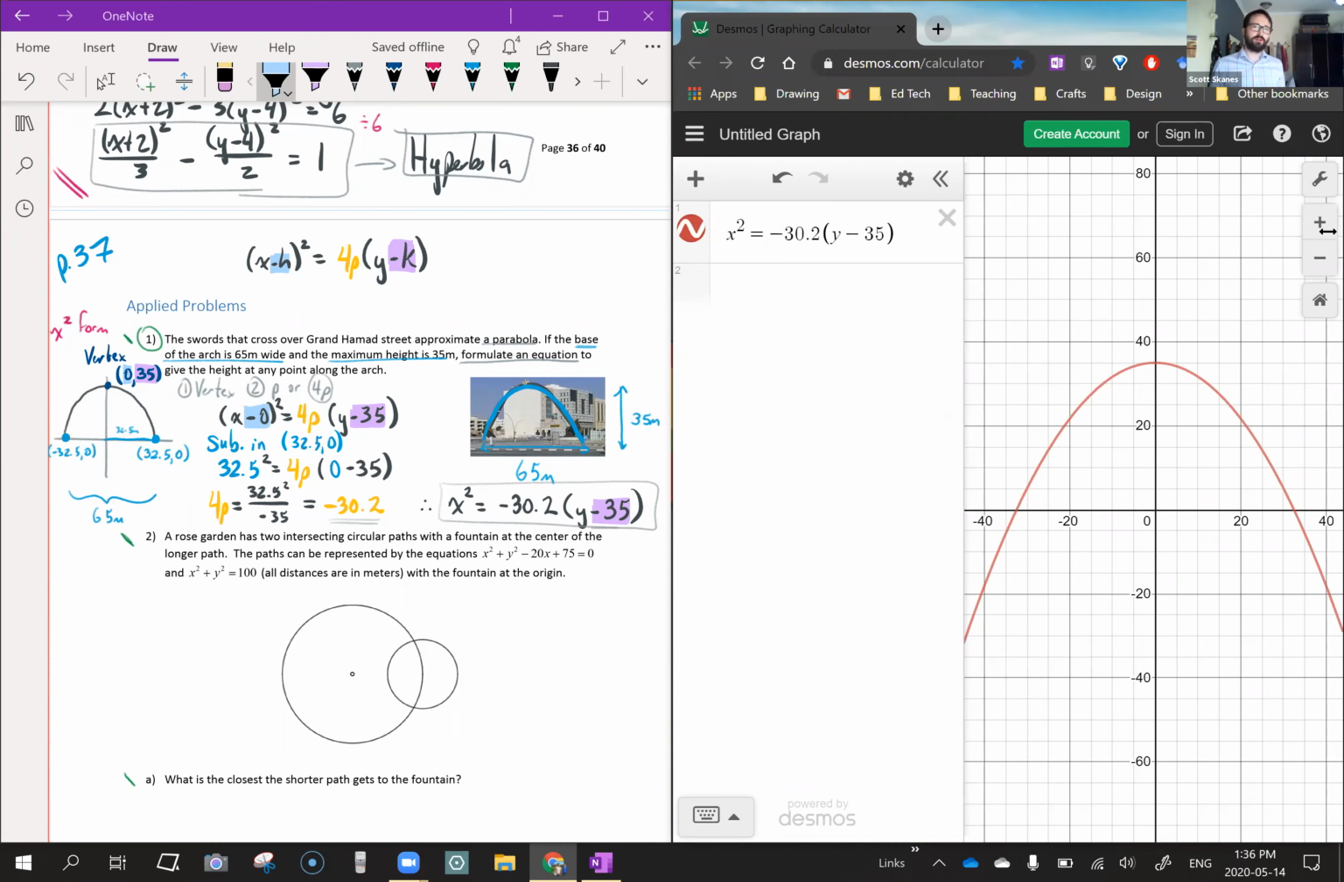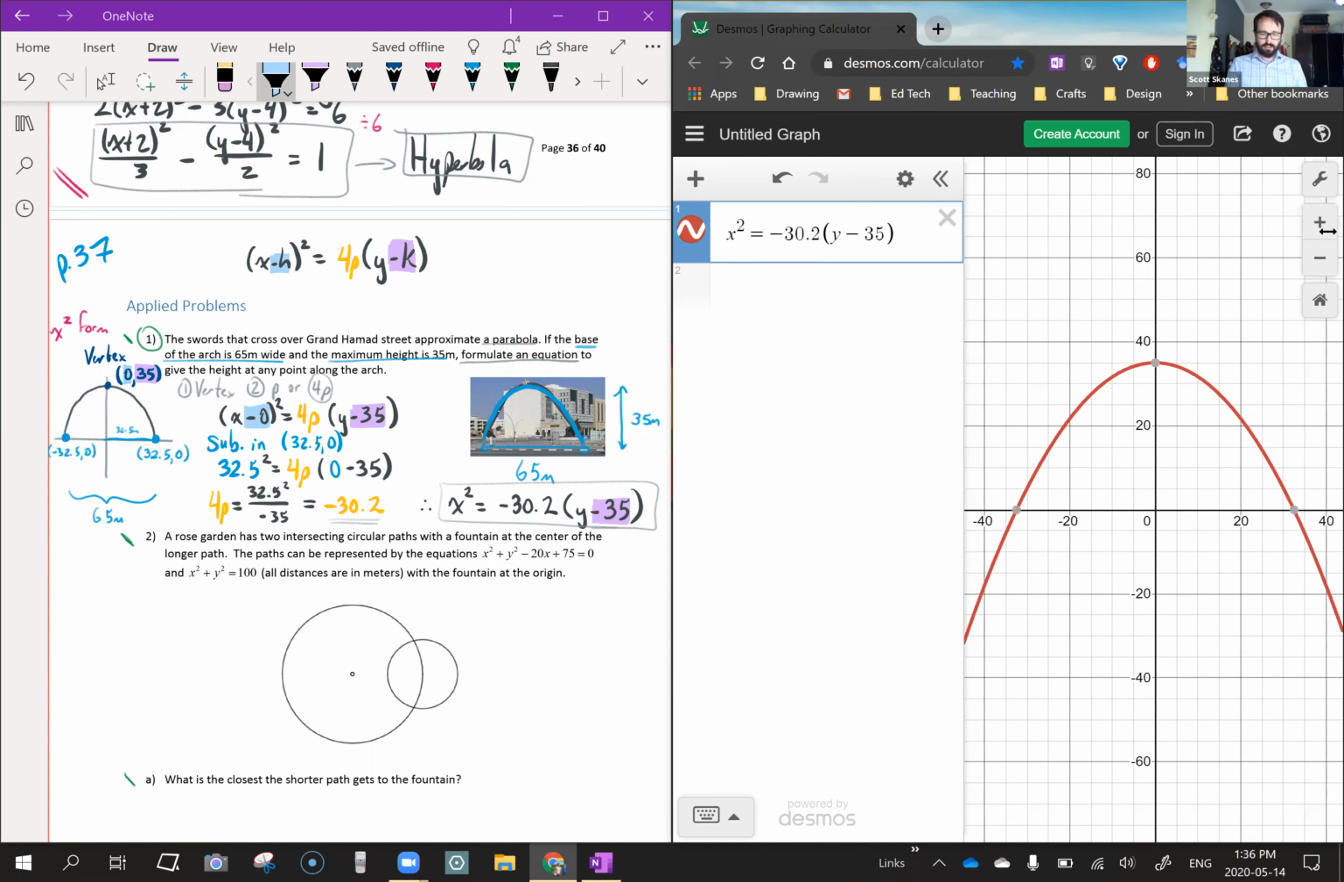And you can check all your important points. So what was the vertex? 0, 35. Check it. Check the other point, negative 32.5 with some extra numbers. That's correct. And then 32.5 and 0, that's the other point. So I definitely made the equation that I was trying to make. That much is clear. The other thing that it mentions is,